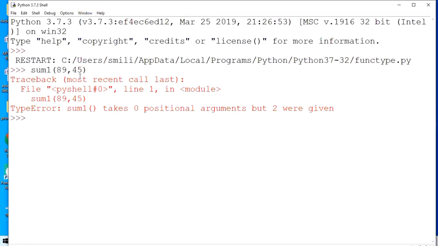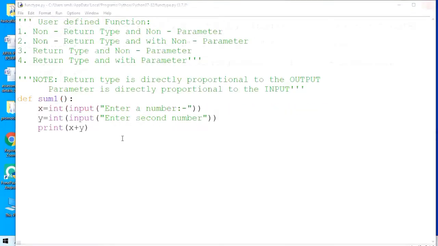We are getting an error. Why? Because here I am providing some value, which is not possible. Let's come back. In this function, I have not given any parameter, so I can't give any value. This is the example of non-return type, non-parameter.